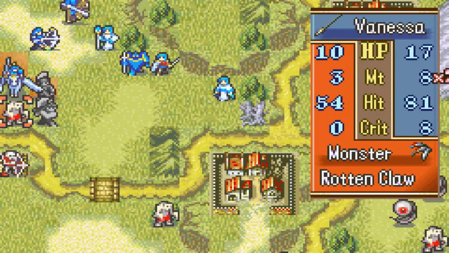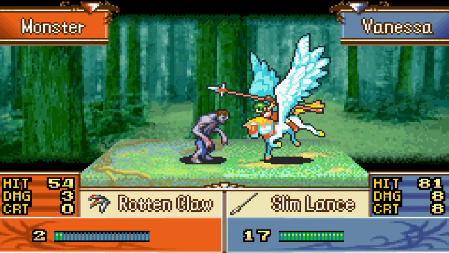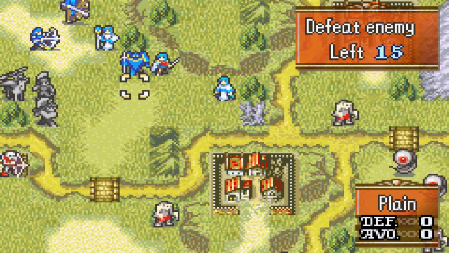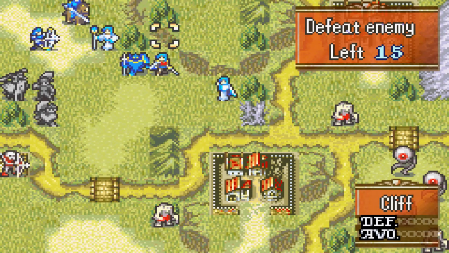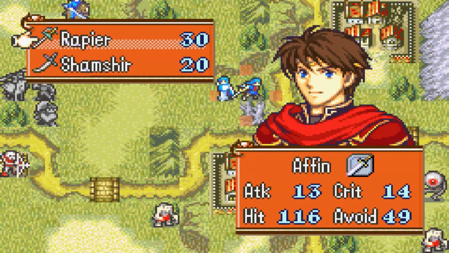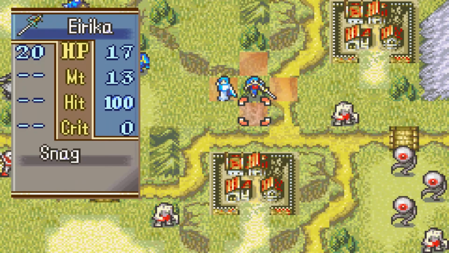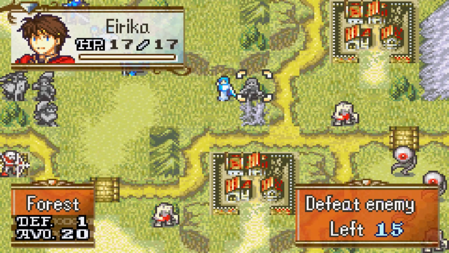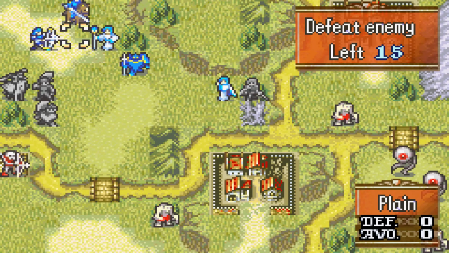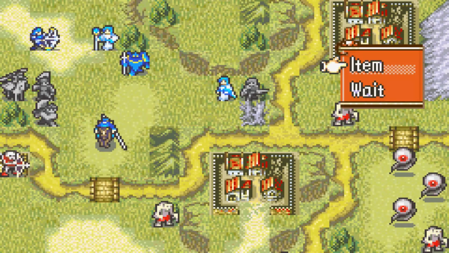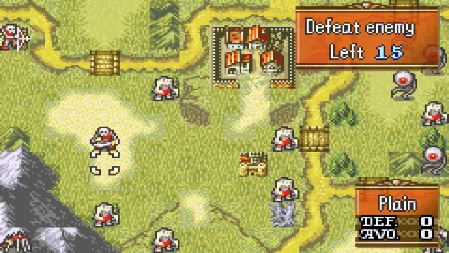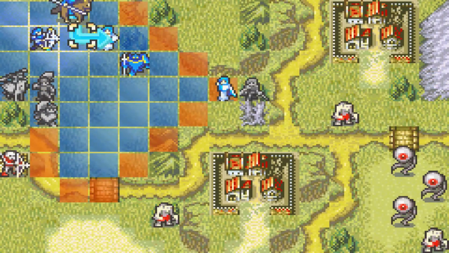Let's get Vanessa over here. By making the starting area quite calm, we actually have the option to let some of our units attack the snag over here, for an example, by making the area a bit more calm, which was something I was aiming for. We could have Franz. The map is also designed the way that, since this is an early game map, we can choke at the bridge. So let's choke at the bridge, shall we?